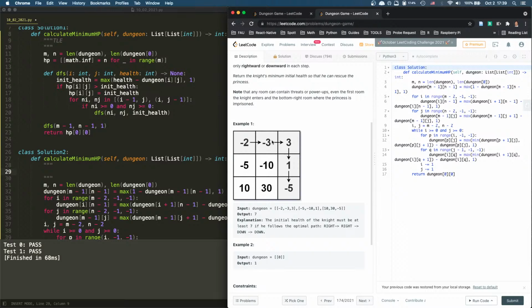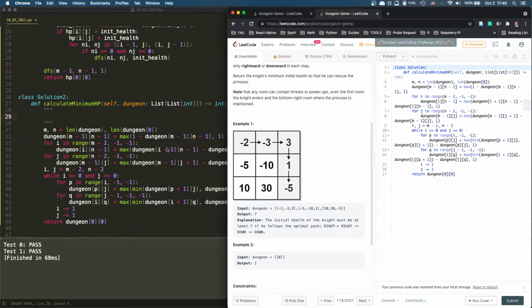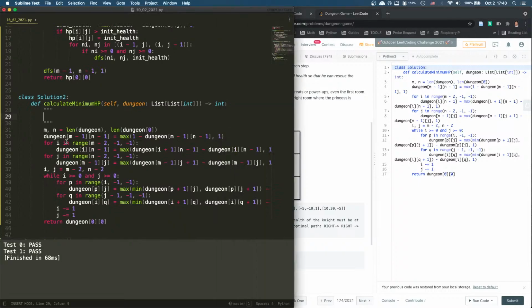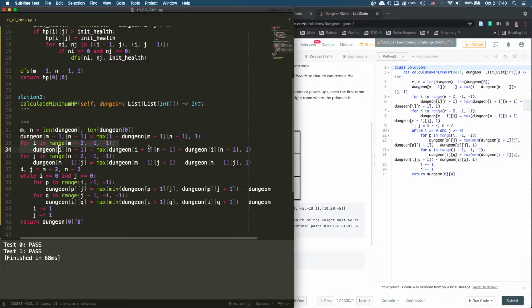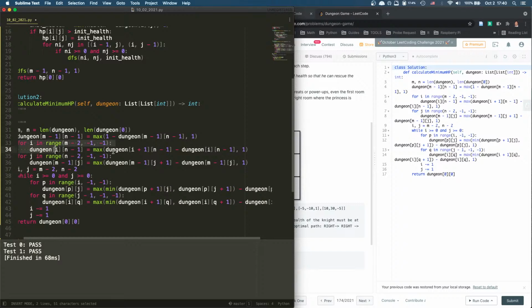Now these two. Now when they're all done, we're looking at the first one. It's deterministic, right? So by calculating the minimum entering health for each cell, we're going to go from bottom up. So from lower right, we're going to populate back up to the top left. So that's exactly what this algorithm is. So I start by doing this. You can see this is the rightmost column, right? And then we just take the